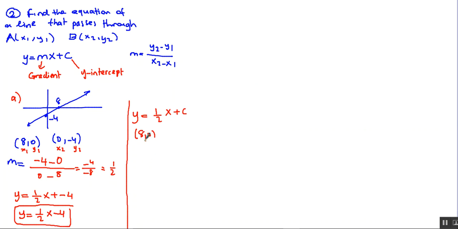What does it mean? Here, this is x value, this is y value. Instead of y, we write 0. Instead of x, we write 8. 1 over 2 times 8 plus c. So what happens here? We simplify. That is 4. 0 is equal to 4 plus c. C will be -4, as we see here. C is equal to -4. Do we get the same